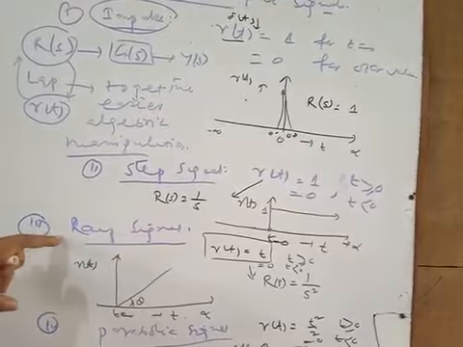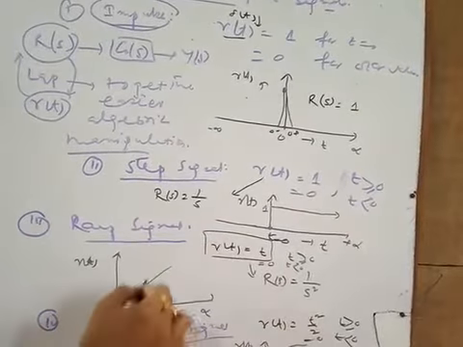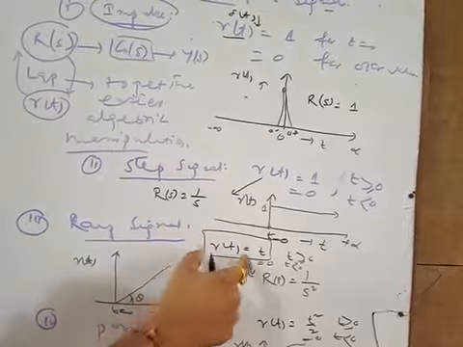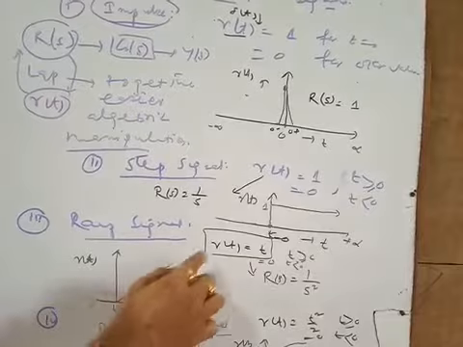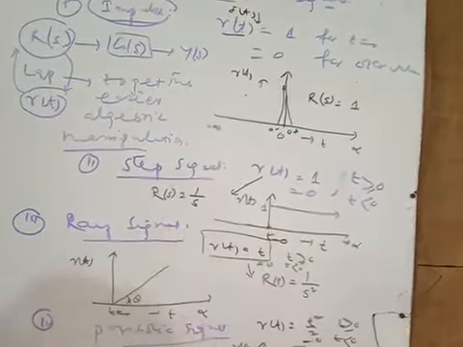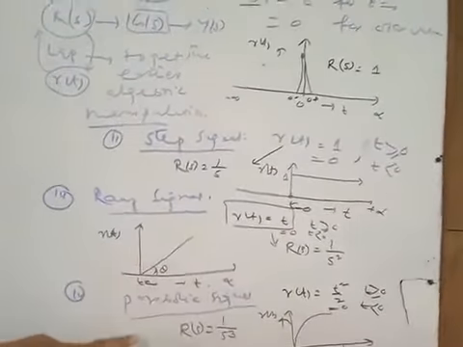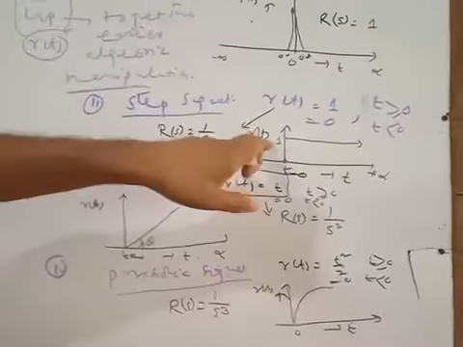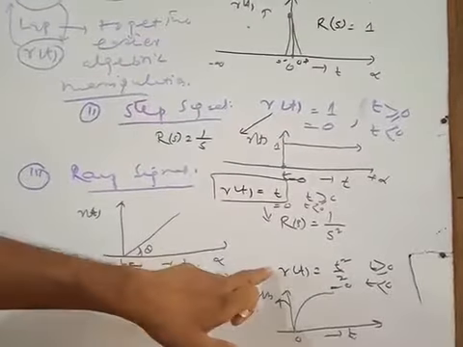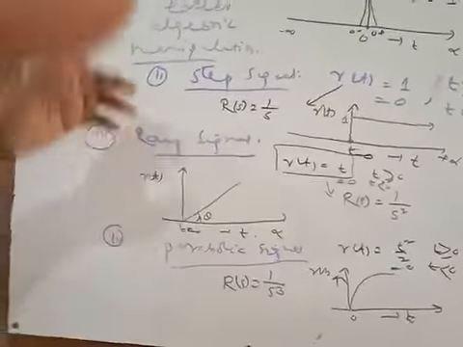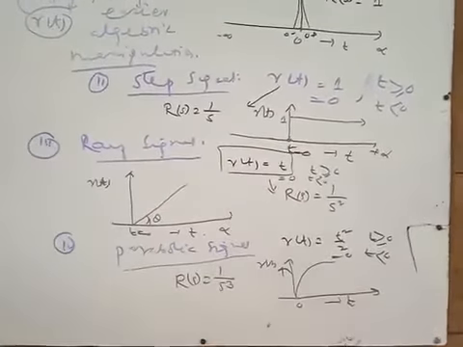And this is your velocity kind, because r(t) is equal to t. If you take the derivative of it, dr(t)/dt, you get 1. That means the derivative of the ramp signal will give you the step signal. That is usually known as the velocity change, and this is the acceleration change, because when you take the double derivative of it, then only you get the step signal. That means a single derivative of r(t) with respect to t will give you the ramp signal. So these are the relationships between all these types of inputs.